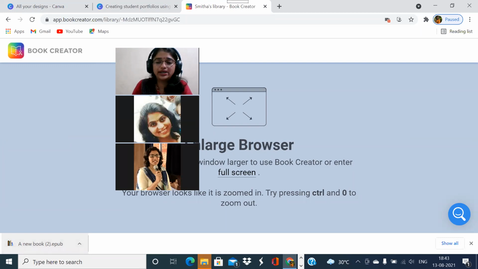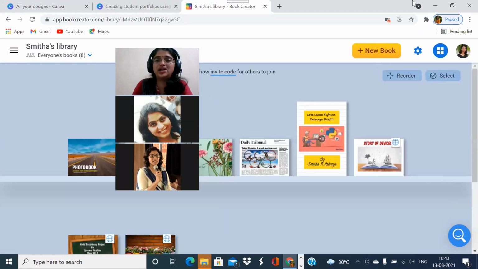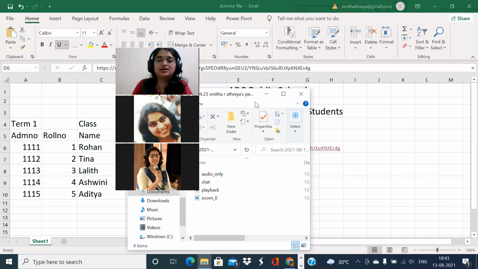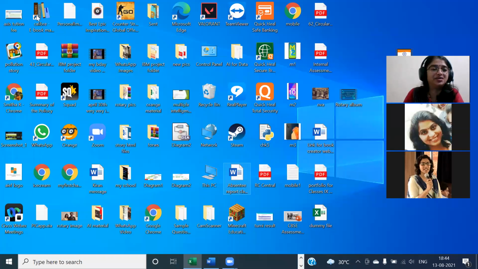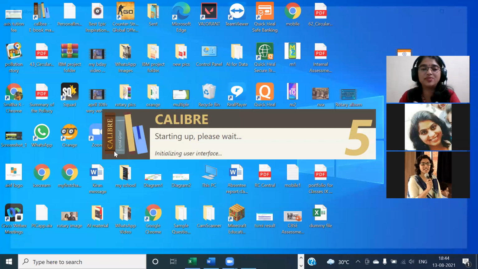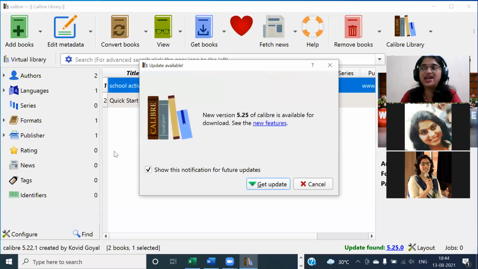So now what I will do is I'm going to show you one of the applications which I've downloaded for reading this ebook. That one is called Calibre. Okay, so this one I have downloaded. This has to be installed. Teachers, let me tell you, this has to be installed in the normal way as other applications are installed. So this is the new version information that I'm getting.